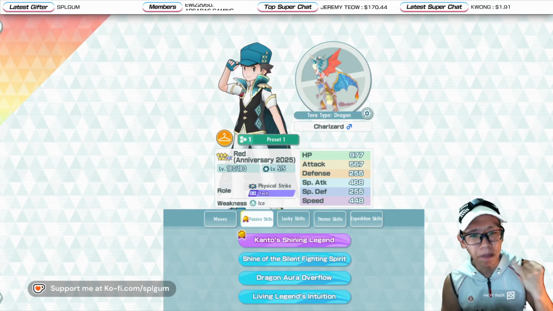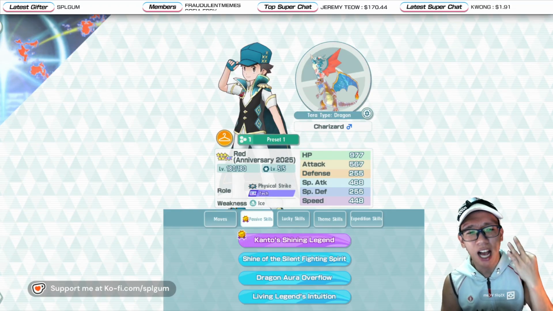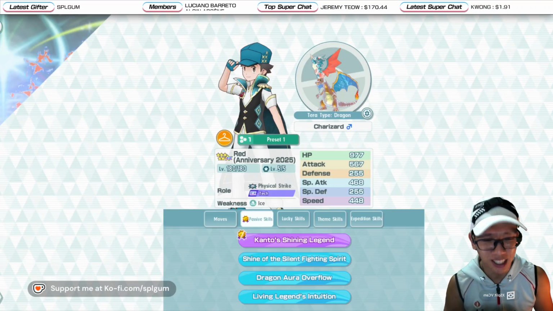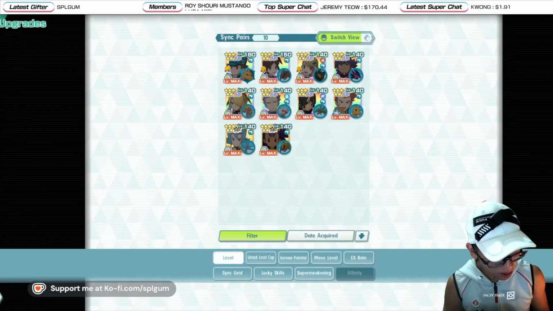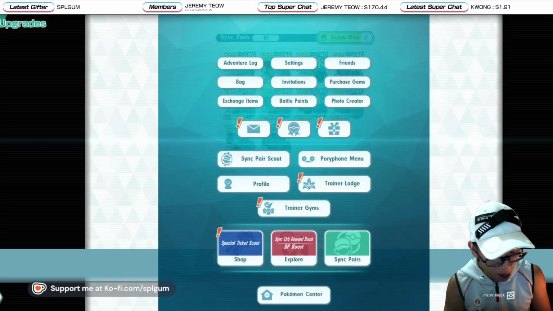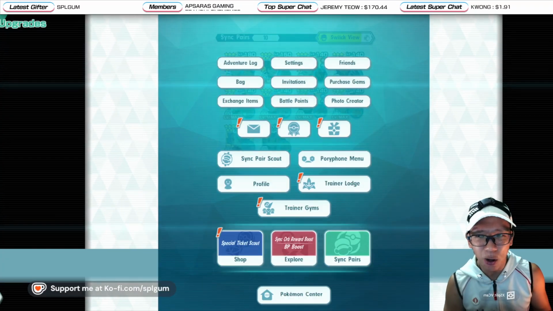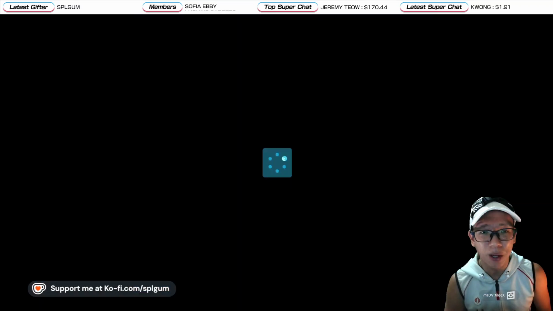Anniversary Red can be a physical striker, a tech sync pair, a field unit, a support unit, 4 roles in 1. So that just makes him really, really strong. So if you are scouting for Anniversary Red, now is the time. You have a couple of days to do that, or a couple of weeks or months to do that. You just go to Sync Pair Scout from the Pokemon Center,